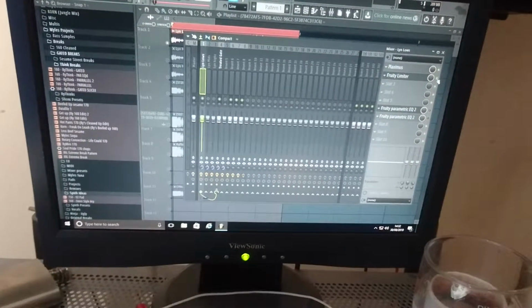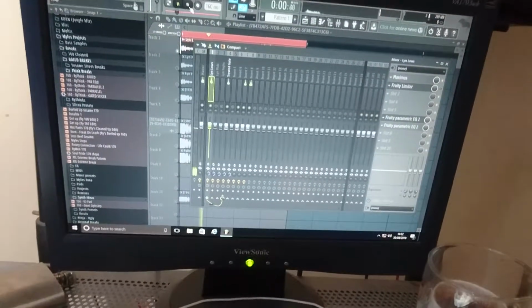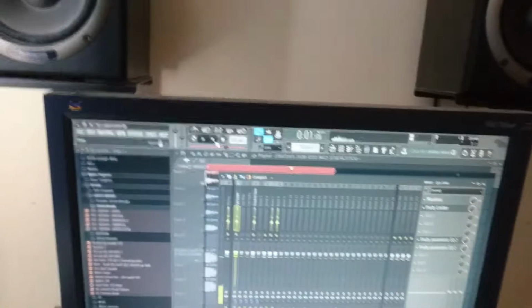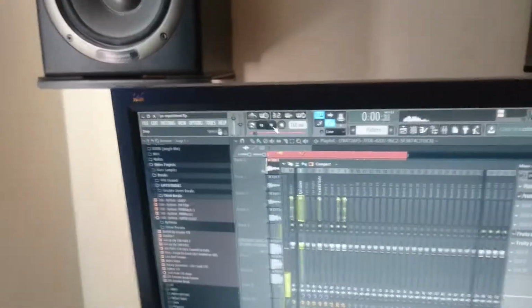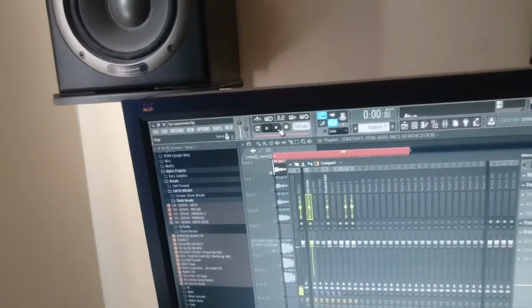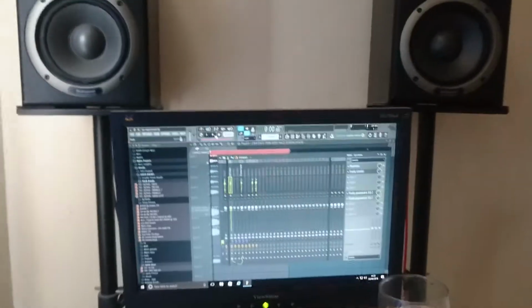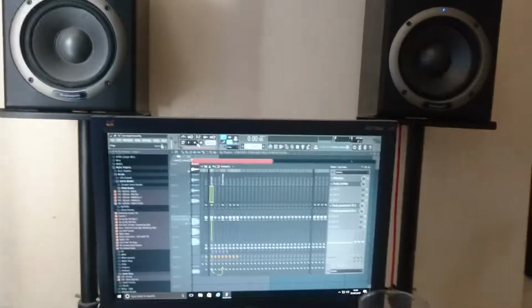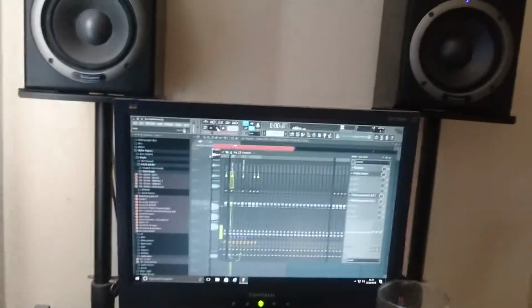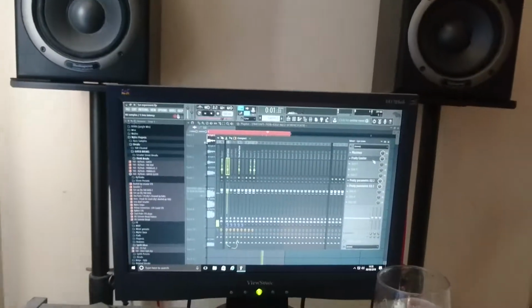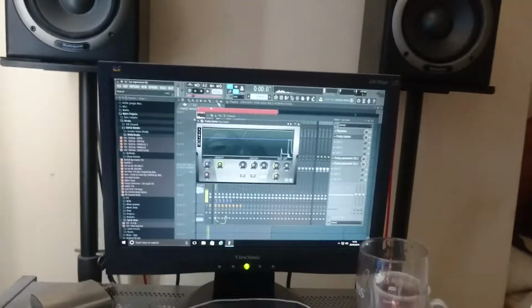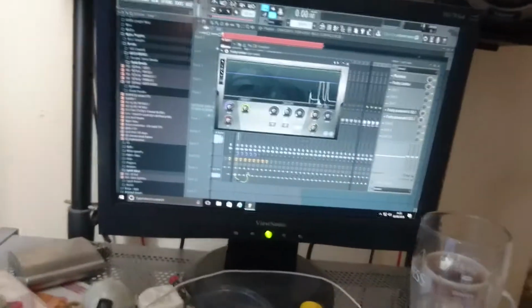Anyway, on this one, take the limiter off. You might be able to hear there's just so much rumble on that. You can almost hear the boom boom boom boom boom underneath it. So the idea is to take away